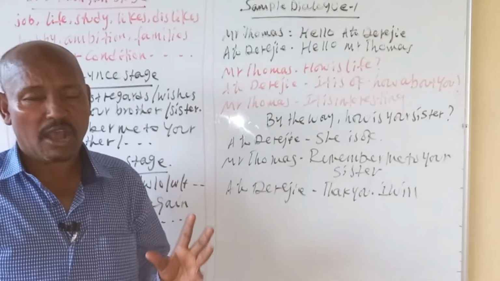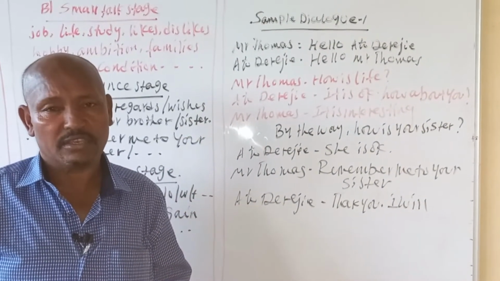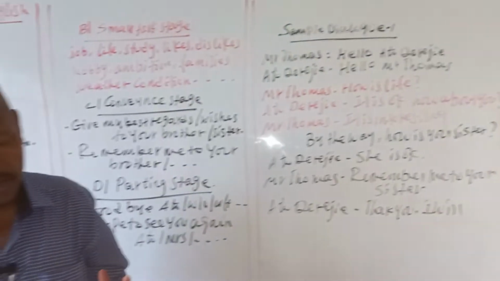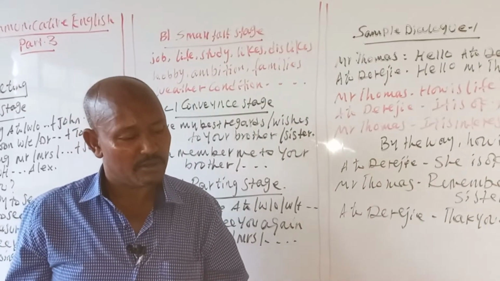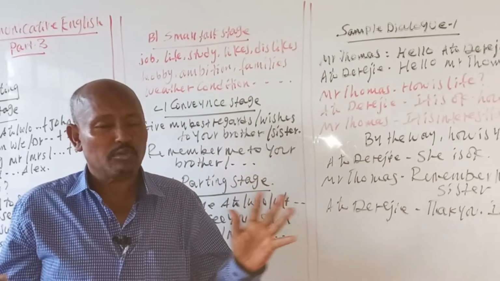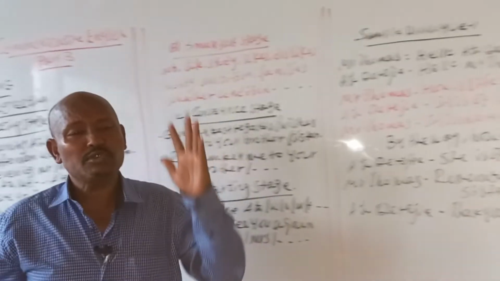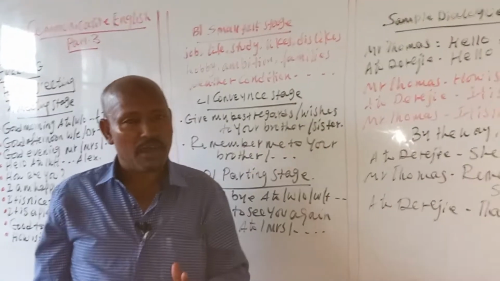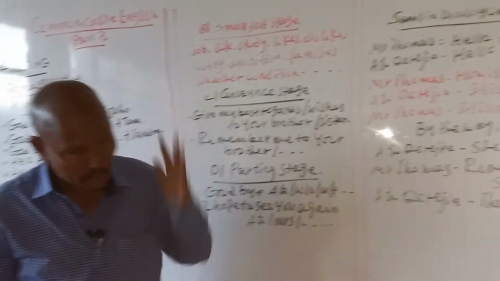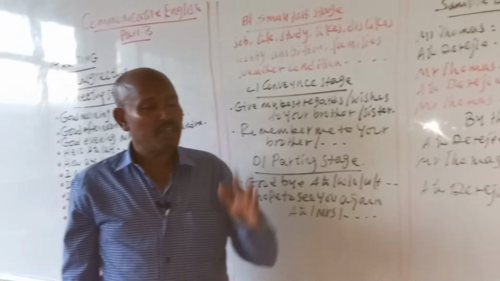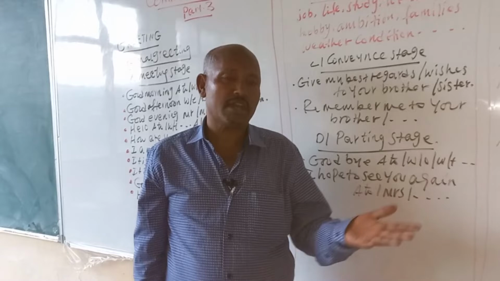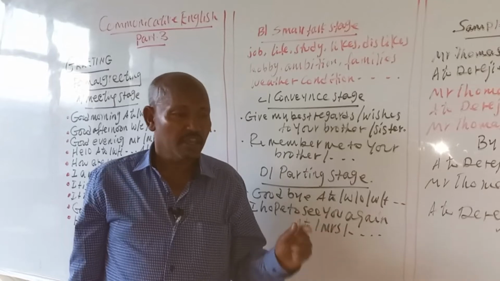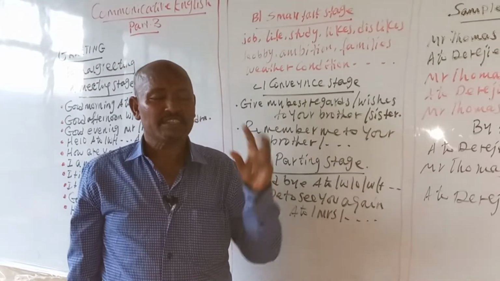These are examples of how you are going to practice formal greeting in a place. So, totally, formal greeting is different from informal greeting. If there is a gap between the persons, you can use formal greeting. If you use a title, you can also use formal greeting. If the language you use is formal, you can use formal greeting. And the situation is the fourth distinctive factor. Whenever we meet a person in a meeting, workshop, seminar, symposium, college, or university, we use formal greeting. So this is communicative skills part 3.